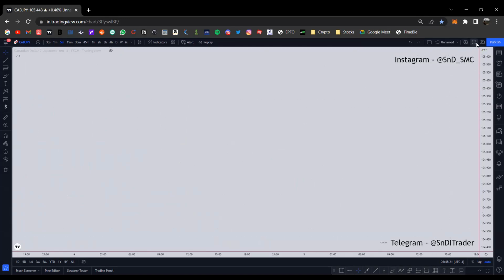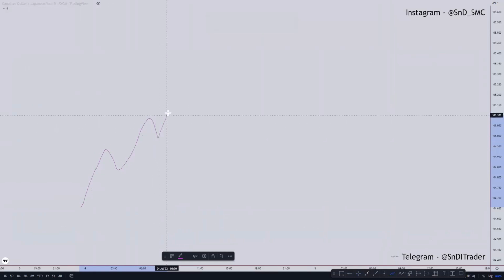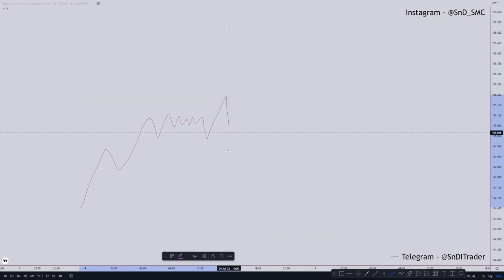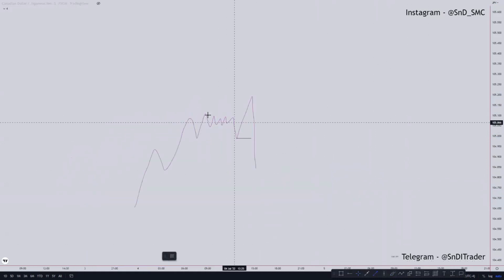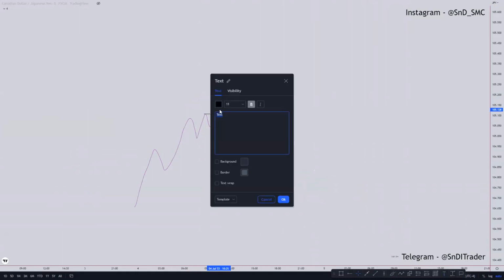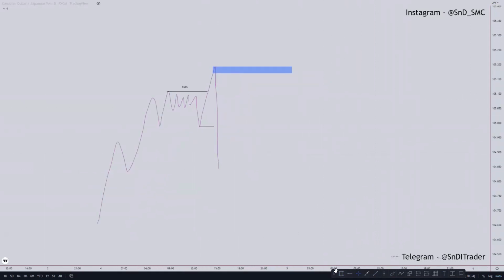Whenever in a bullish trend, price makes a higher high, higher low, higher high, higher low, and takes out some sort of liquidity, and then gives some sort of structure break towards the downside, that high which has taken out the liquidity, I will select that high as my point of interest, or zone, and there will be something around the hidden base